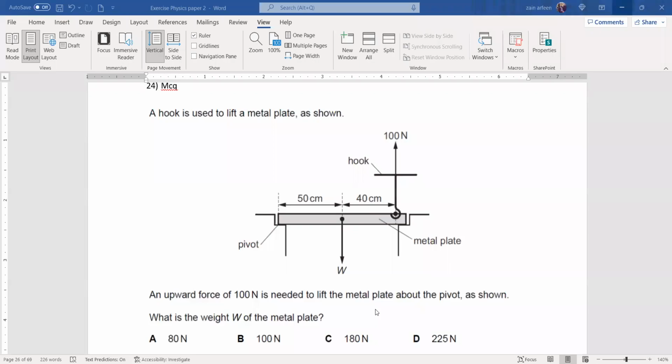So when we are solving a question related to a turning effect, what is our first thing? We identify the pivot. That's the first point. It means identify the point of rotation, which is also known as a pivot. So when we identify the pivot,